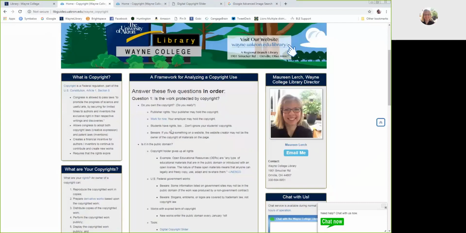Now, do you own the copyright? You'll see my note there that says, do you really? It can get complicated because sometimes if you publish a book, and in my case, many years ago, I co-authored a book on library services to homeschooled teenagers, it turns out I did not own the copyright of my own book. The publisher did. So if somebody wanted to make copies of a part of my book, they didn't contact me. They had to contact the publisher, and then they would deal with all of that. So sometimes the publisher retains the rights to books and chapters in books.